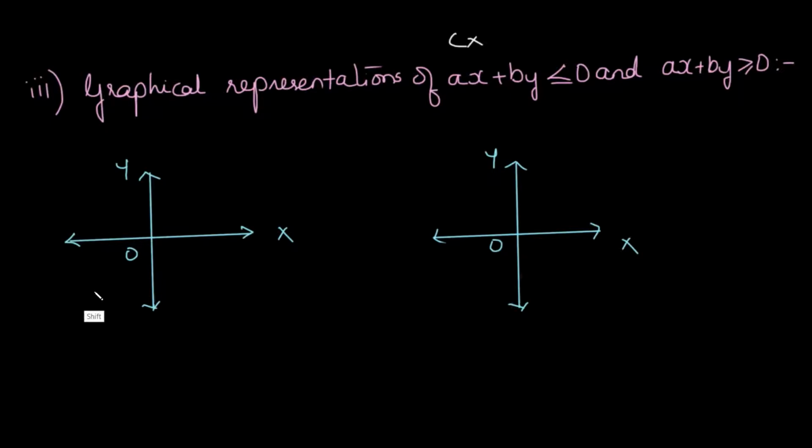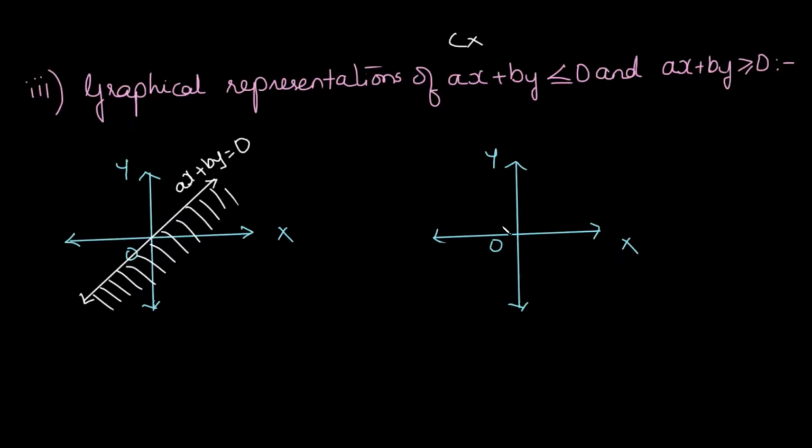Such lines pass through the origin, and therefore we draw the line like this. The line would come out this way. I'll tell you how to plot the points when we do the exercise. The equation of this particular line is, suppose, ax plus by is equal to 0. Depending upon the values of a and b, we may get a feasible region on either side of the origin. Either here might be our feasible region, or in the other case it may be the feasible region on the other side of the origin.